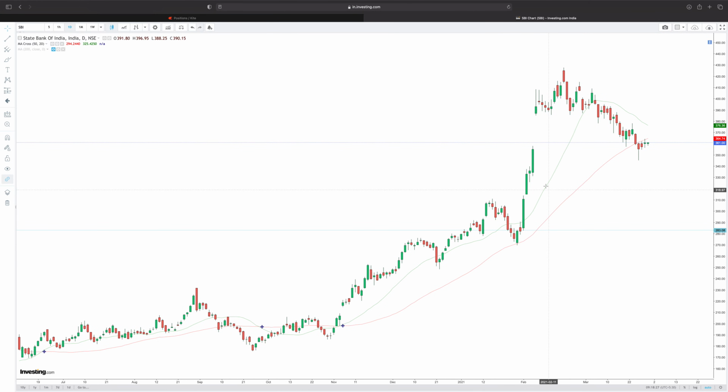We are seeing the 20 and the 50-day moving average in general moving upwards. And there being a point in time when the width between these two was quite high but is now contracting, we can begin to say that this stock is actually at a region of its support. And given that this looks like at least a wick, it's not a hammer, but we get a doji harami in relation to this candle. A green closing today will indicate a support for SBI at around the 50-day moving average.